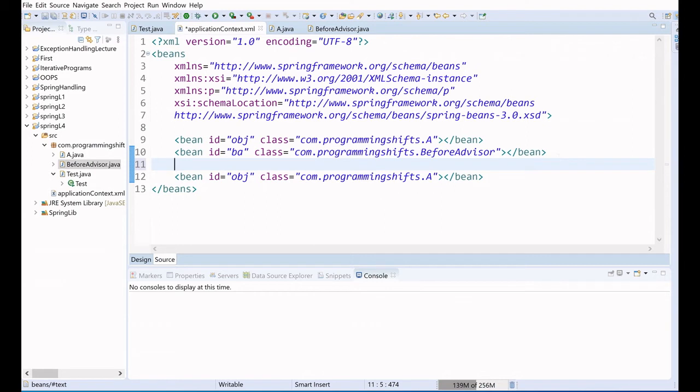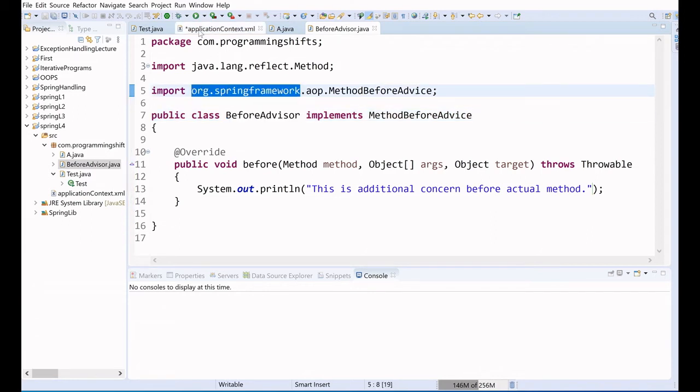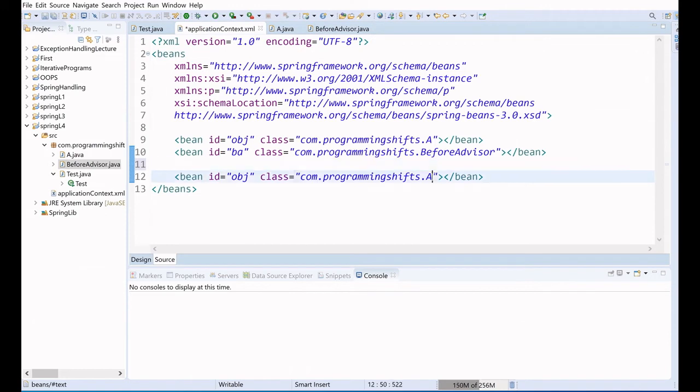And I told you that we are going to create a proxy factory bean. So what is the proxy factory bean? In the Spring framework, we have AOP, so I write org.springframework.aop, and then the package name framework.